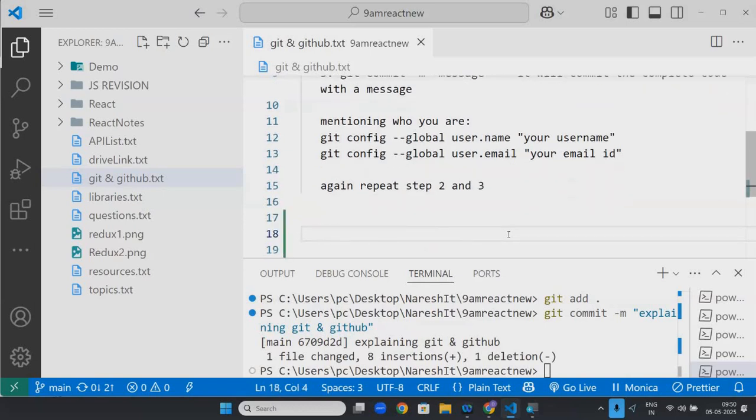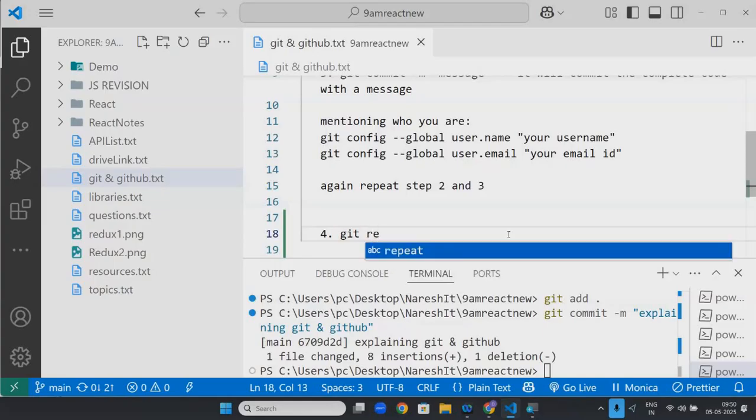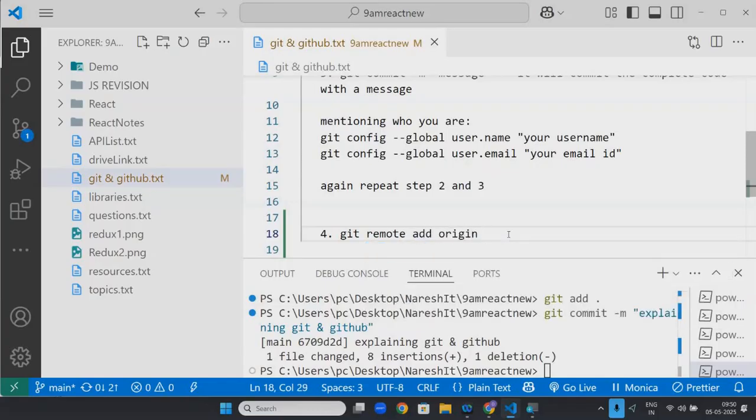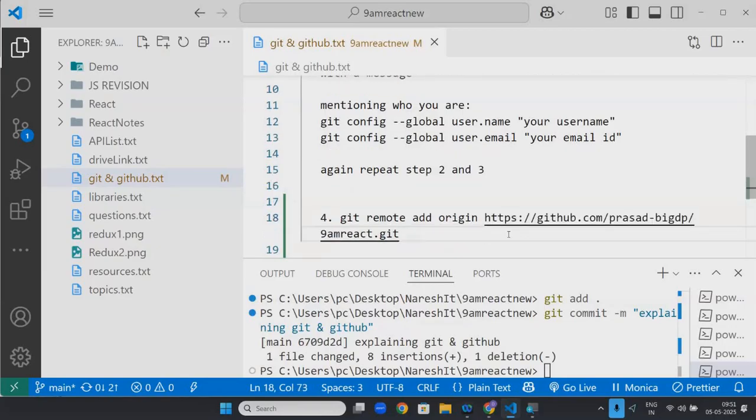For that, what you will do is git remote add origin, and you need to add the link, which ends with .git. Not the same link, but you will add some link.